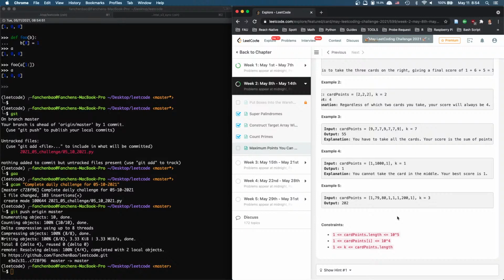We have k. So each time, right? Each time it's either taken from the left or taken from the right. It's either that left or either right. So we can choose. Let's say we want to know the maximum of taking k. Let's say the maximum taking 1, right? The maximum taking 1 will be just taking the bigger. That's trivial. Now the maximum taking 2, right? The maximum taking 2 will be